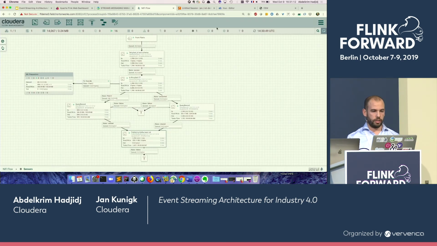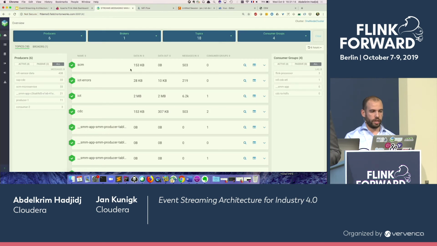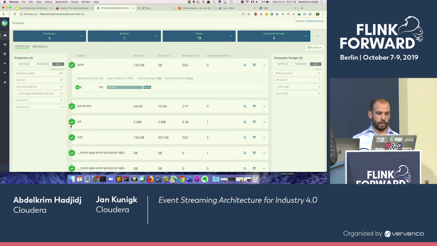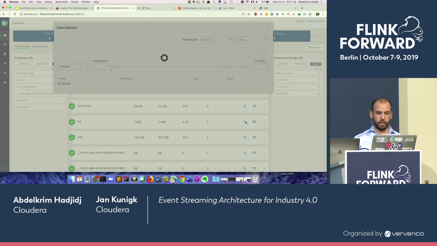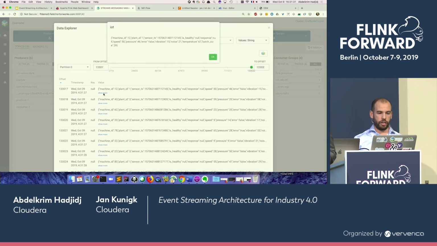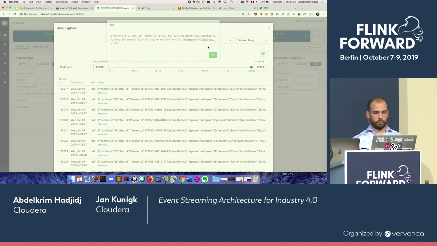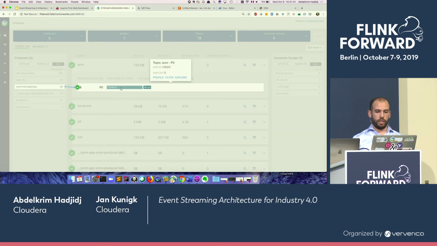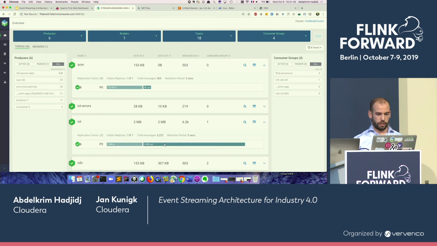So let's see what's happening now in Kafka. Through SMM, we have this UI where you can see the 4 components of your Kafka ecosystem: the producers, the consumers, and the different topics and their partitions. We are producing in IoT here. I can go and see the events directly from Kafka. You can see the timestamp, plant ID 1 is healthy, and so on, all the information that we are collecting. If I click here, you can see who is producing or consuming from each topic. For us, it's IoT.